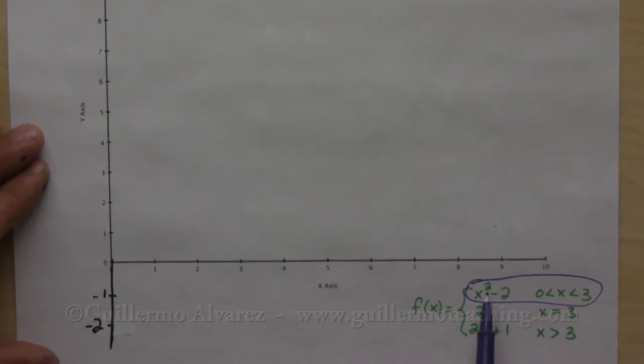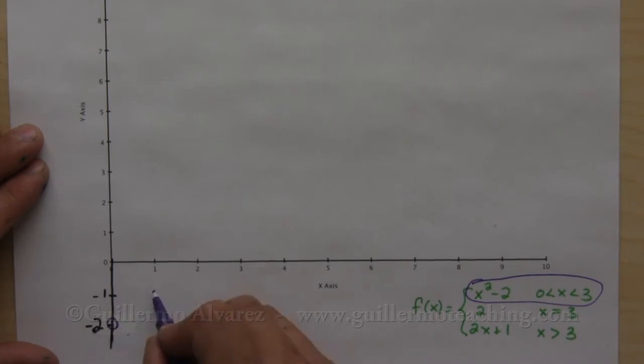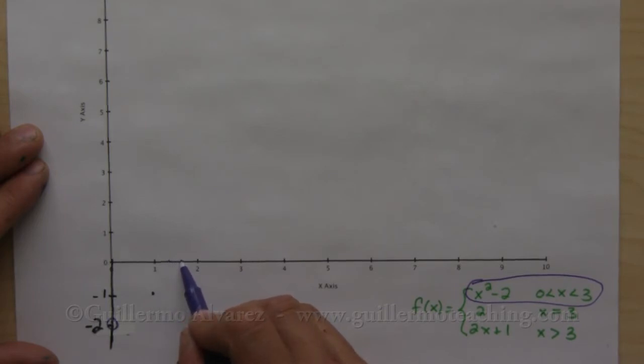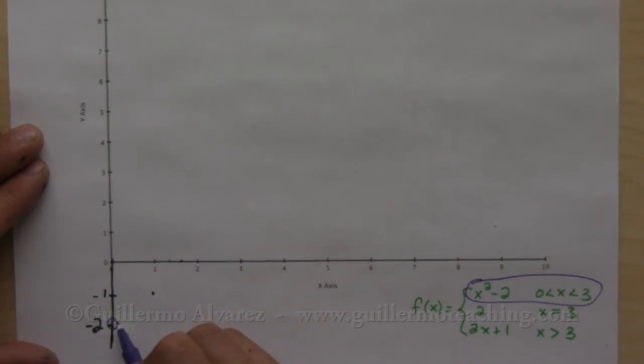So this is a parabola that's shifted down by 2. So at 0, this guy equals negative 2. At 1, this guy equals negative 1, and then right here somewhere, this is going to cross. So we have this circle, and